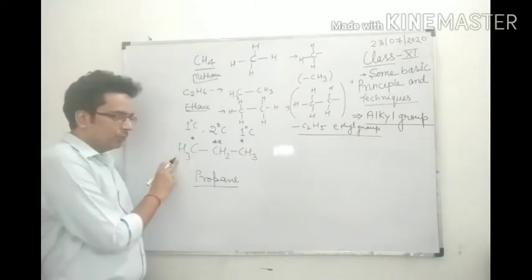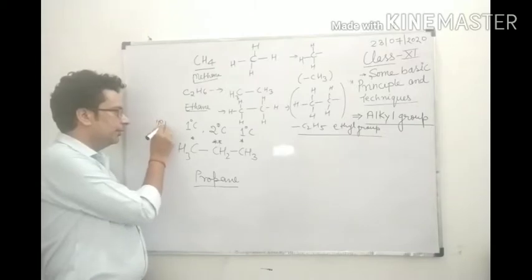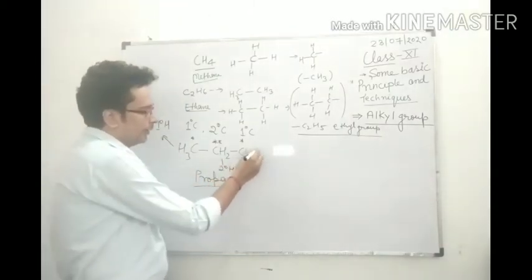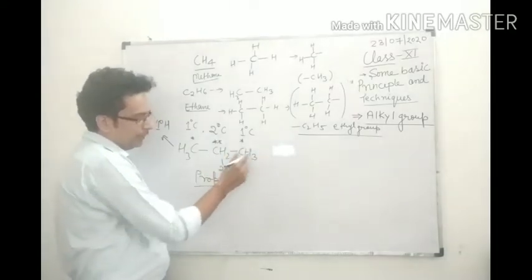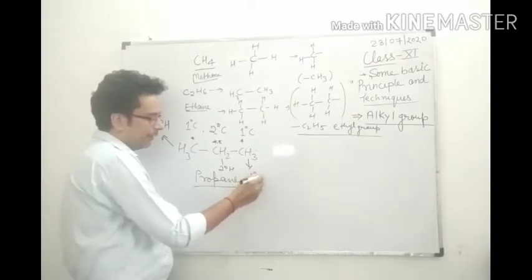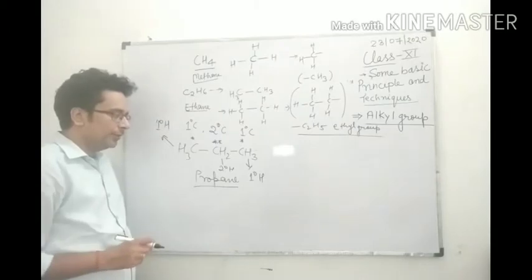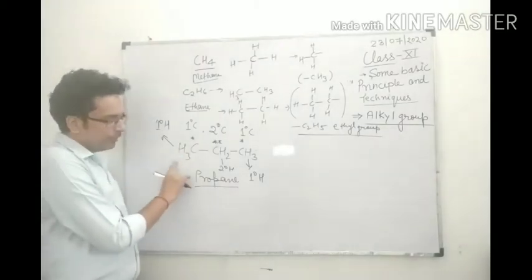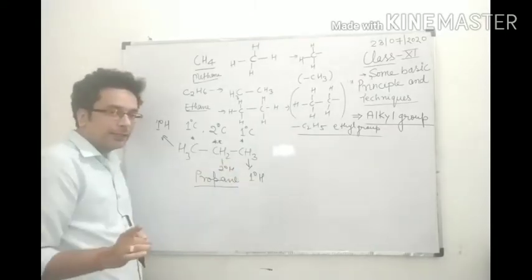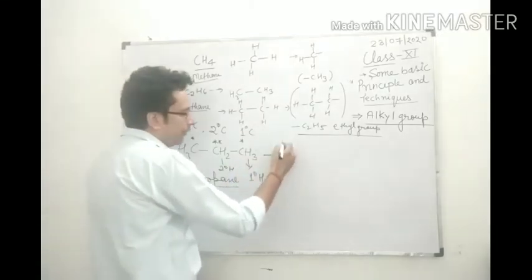Now these hydrogens are 1 degree hydrogens, and the hydrogens on the middle carbon are 2 degree hydrogens. So look here, if you remove a 1 degree hydrogen, these hydrogens are identical, but the 2 degree hydrogens are not identical to them. That is why it gives two types of